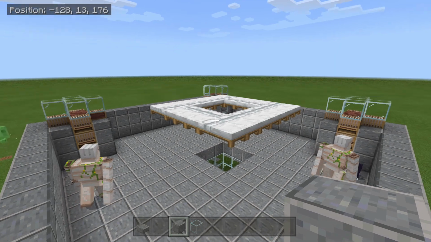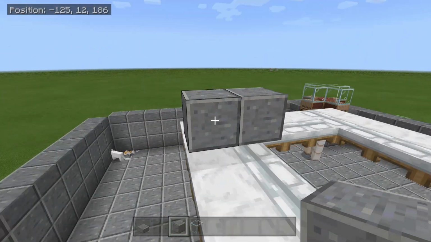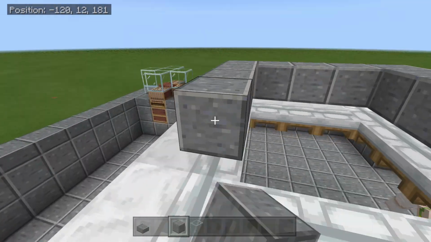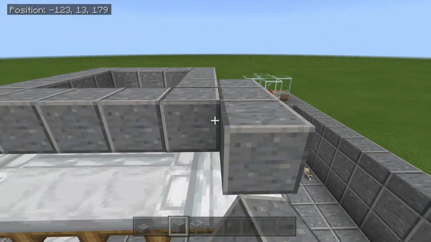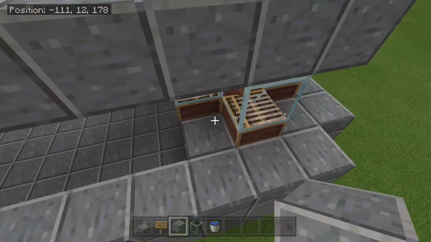Now we're going to start the second layer, and it's going to be right on top of these beds, and you can just crouch place your blocks right on here, and we're just going to go around the little circle in the middle just like this, and now you can make your 16 by 16 platform. Your second 16 by 16 platform should line up with the one right below it,